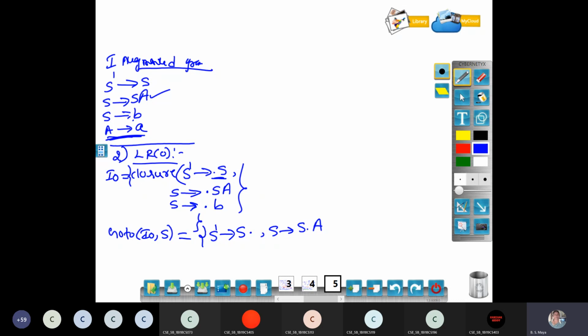See, now after applying this, you have to check these productions. Do you have any new non-terminal with the dot production?